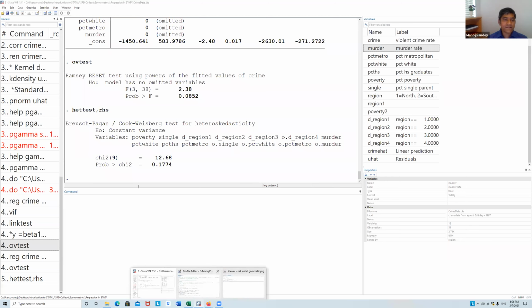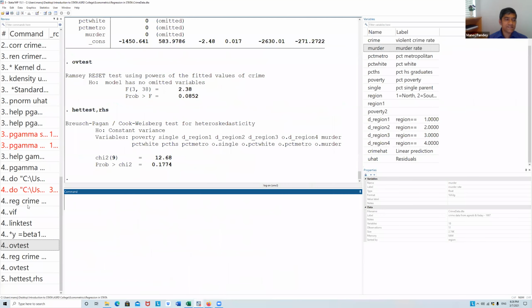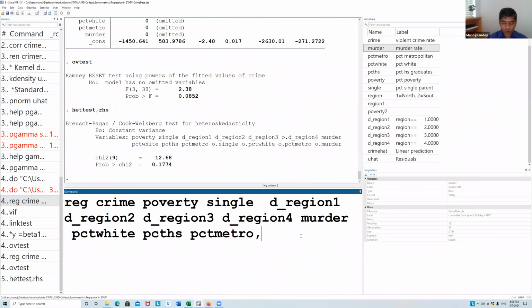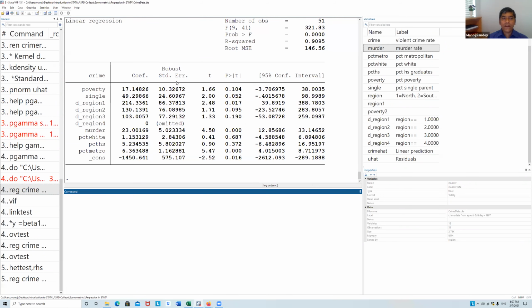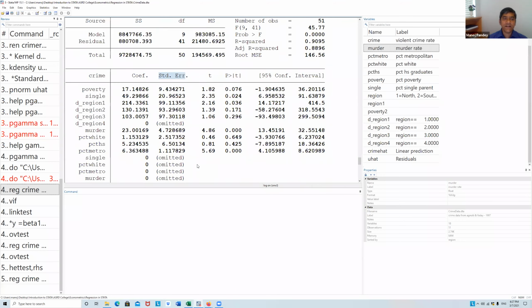But if heteroscedasticity is a problem in our regression, you can resolve it using the robust regression method: if there is heteroscedasticity, you just put a comma and robust. Then you change the normal standard error to the robust standard error.